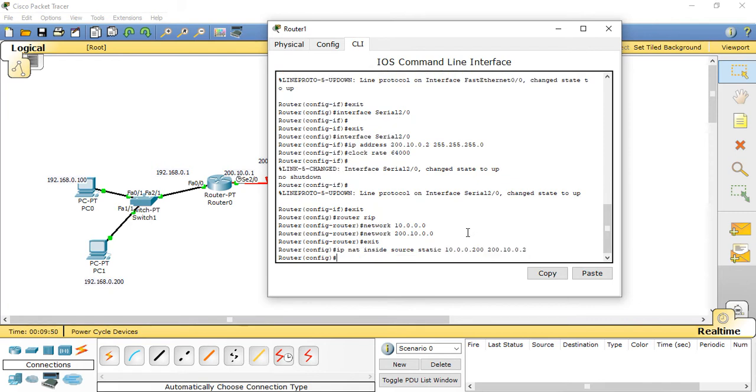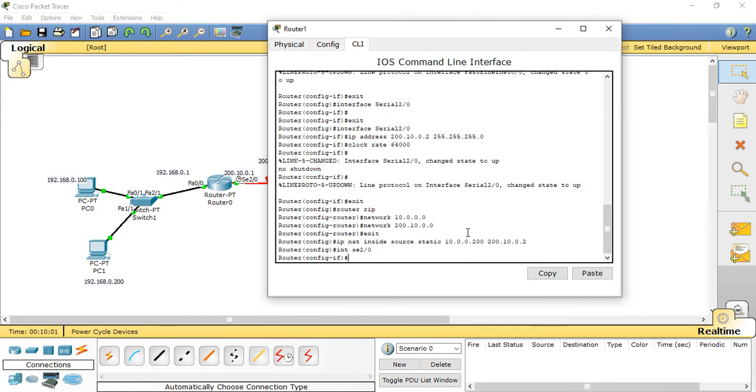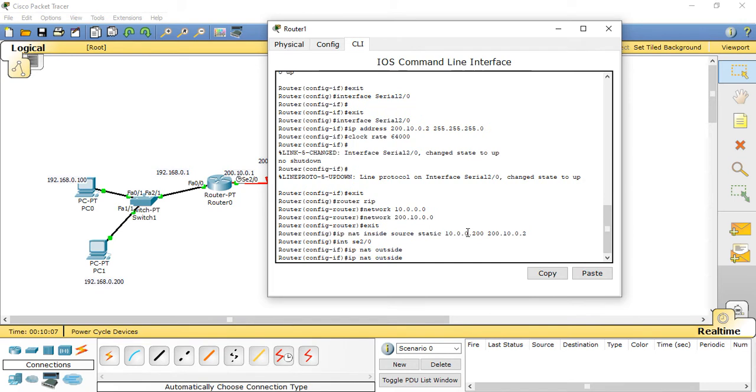Plus you are specifying your port, let's say it's interface serial 2/0, and you are specifying it as your ip nat outside, right. Similarly